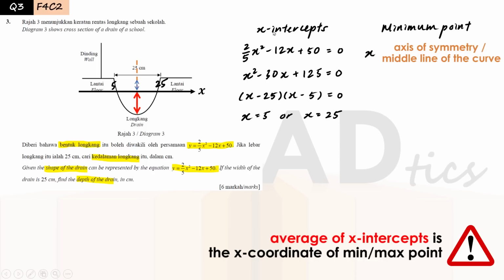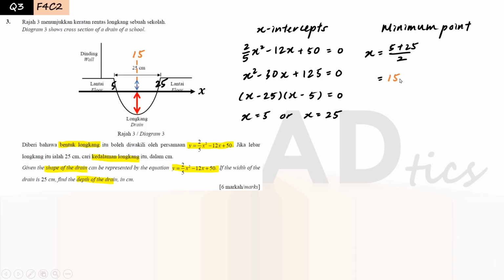Okay, so we have the x-intercepts already, so let's find the average between these two values. It's 15, so the middle line of the drain is 15, which means the axis of symmetry is 15, which means the x-coordinate of the minimum point is 15. Now with the x-coordinate, we can just substitute into this equation and find the value of y, which is